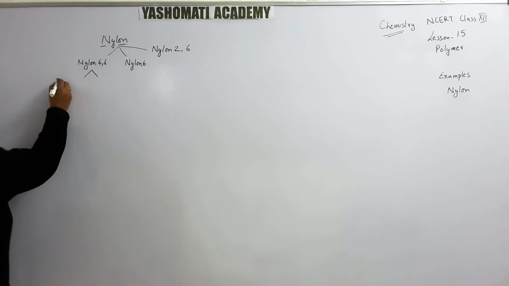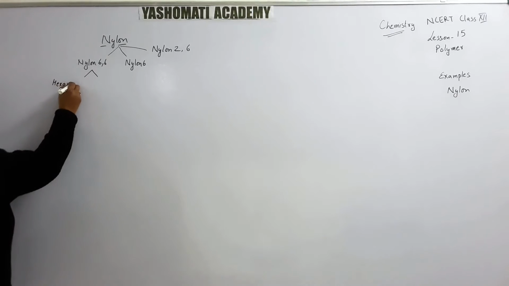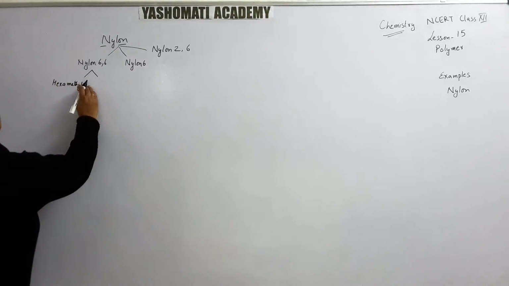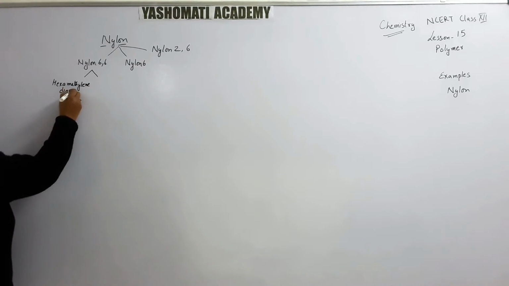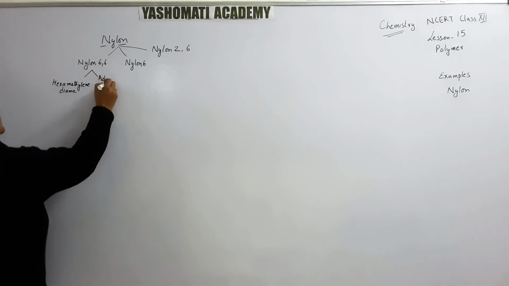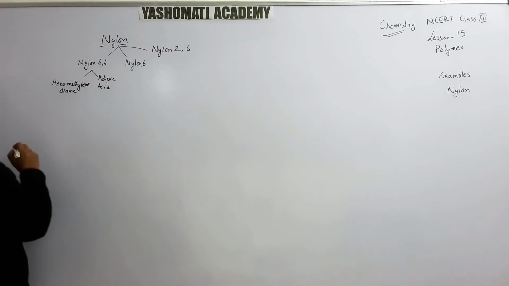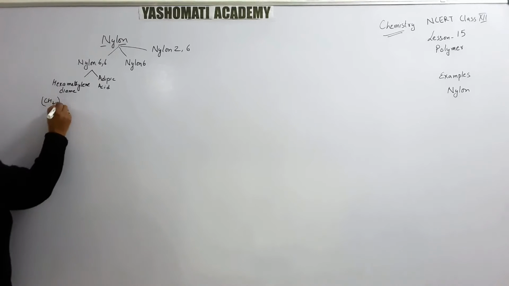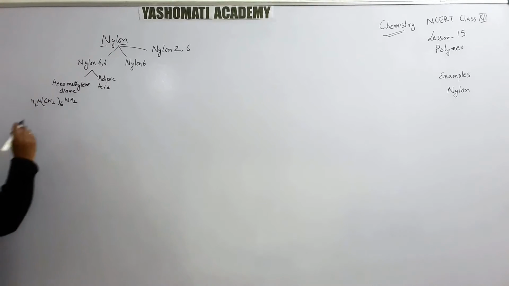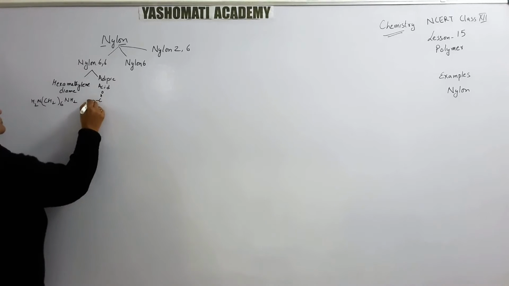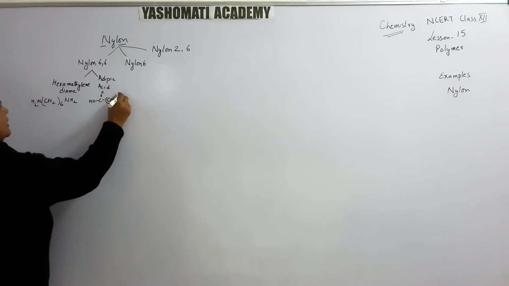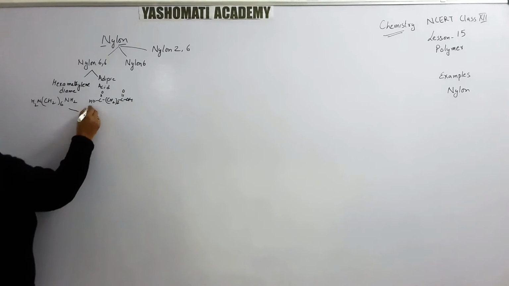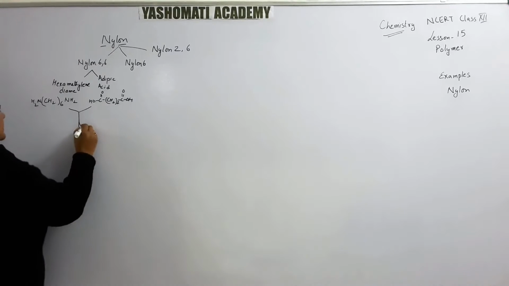For example, one monomer is hexamethylene diamine and the other is adipic acid. And we also studied the formula for them. Hexamethylene diamine is NH2-(CH2)6-NH2, that is hexamethylene and diamine, and adipic acid is this. So when these two condense, they release a water molecule,